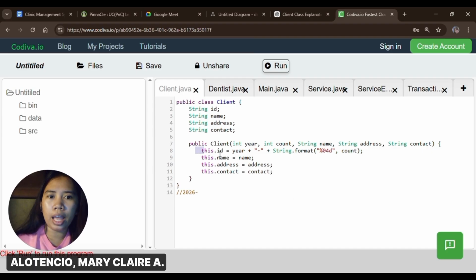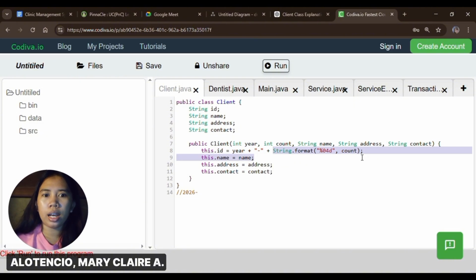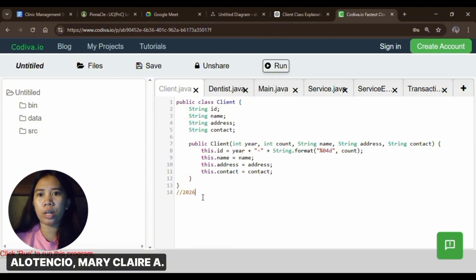This code at the end means that the count is formatted into 4 digits. Let's give an example. First, our year right now, followed by a dash. Then, for example, the count starts at 1, so it will be 0001.